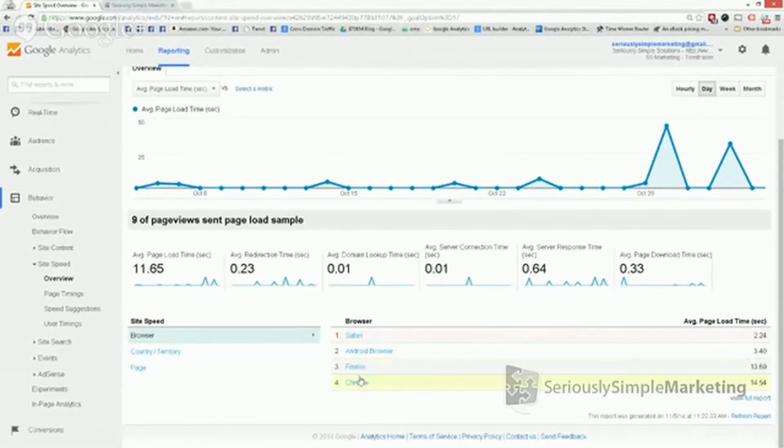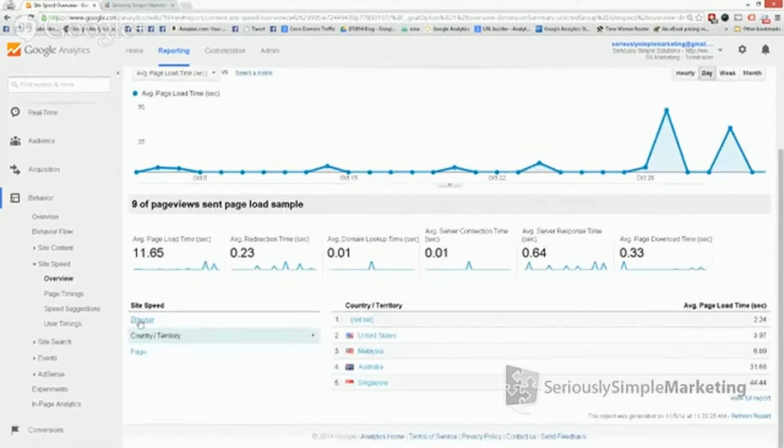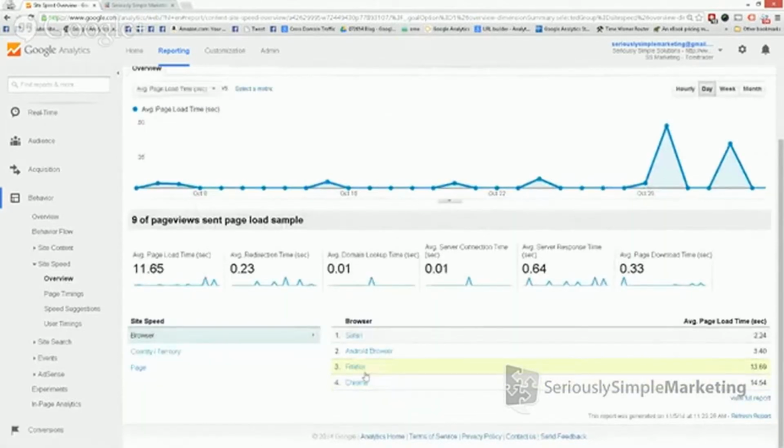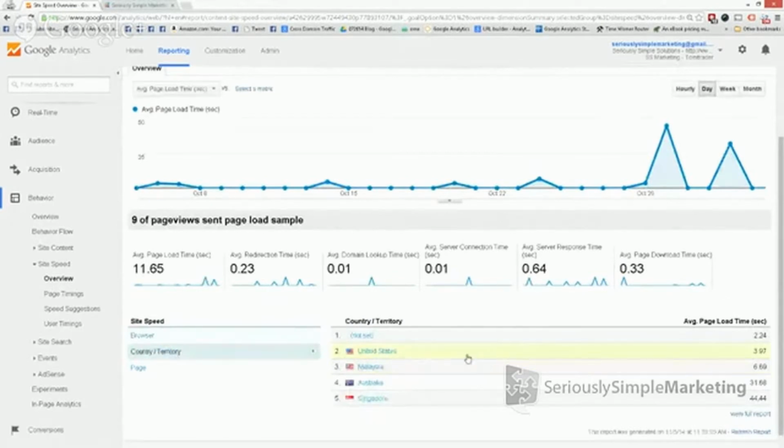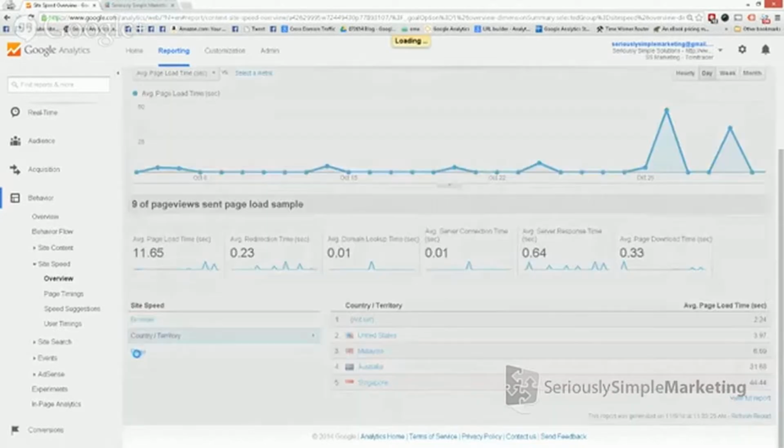So we know Chrome and Firefox, there's a lot of stuff loading up there. Safari and Android, a lot faster. So something's going on there where we can go, we've got some issues we've got to take a look at. Since we use OptimizePress, we want to take a look at our caching plugins and make sure that stuff's working, see if we can minify some code. We can also get an idea of location. Australia and Singapore are loading a lot slower, so we know we've got issues there, but the US not so much, probably again because of bandwidth.